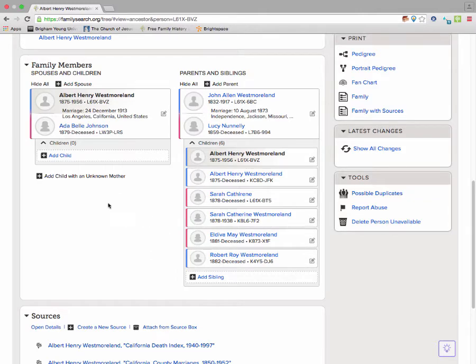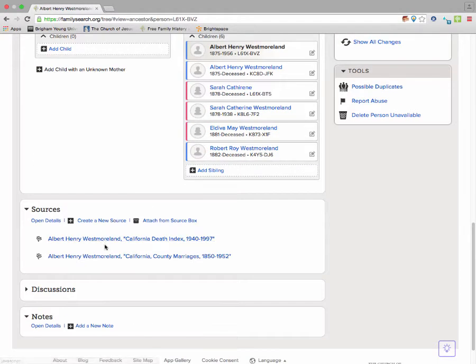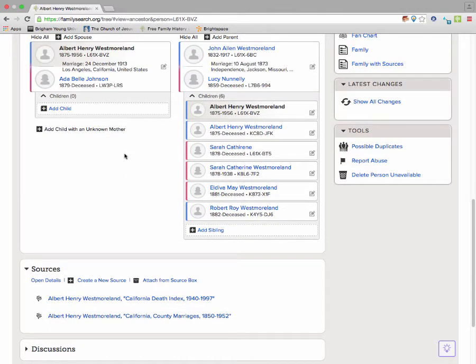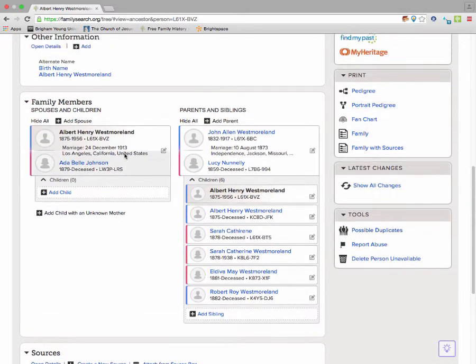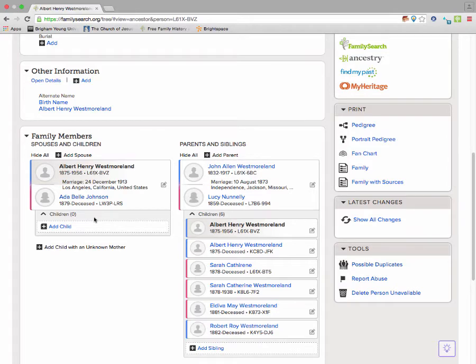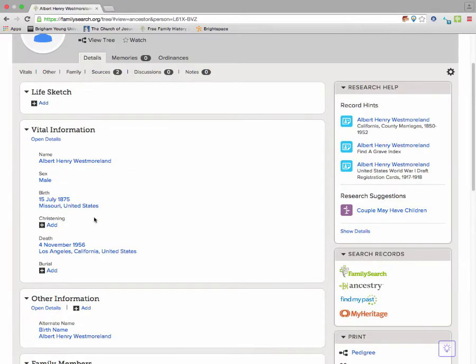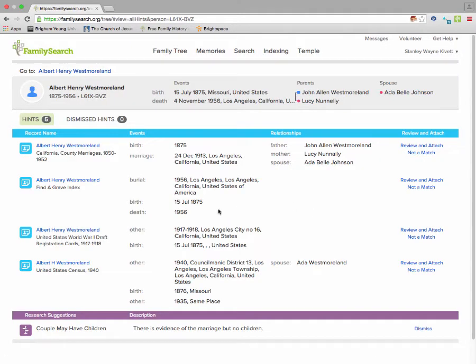It doesn't appear that I've got mistakes built into it. I've now got two sources, and those prove all of the information that I've alleged above. Now if I added some children, I would probably want to have a source like a census record that would prove that the children live there. I don't see any sources that are